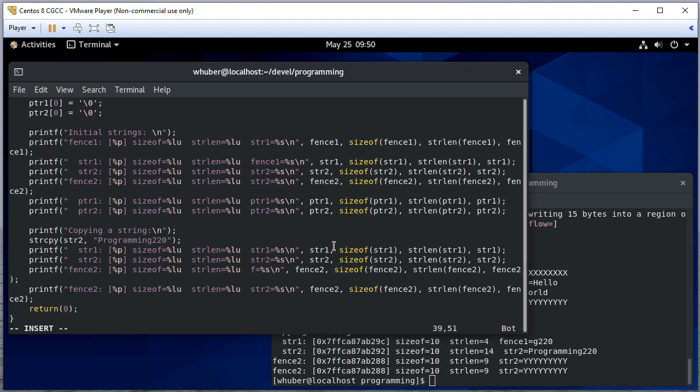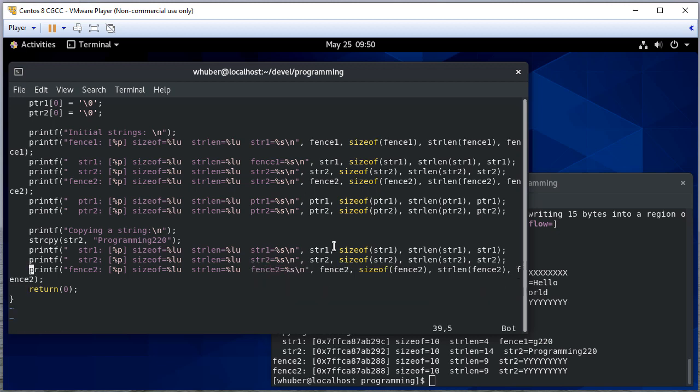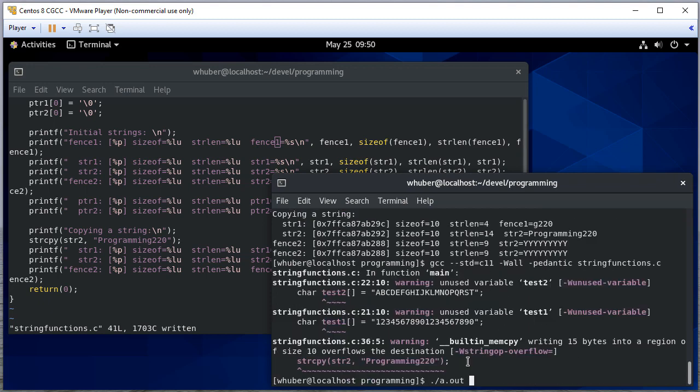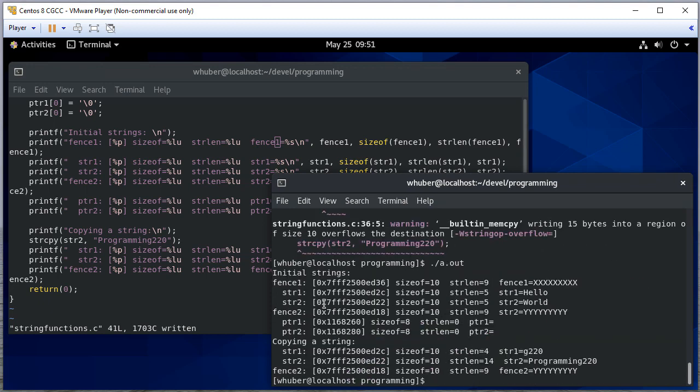Let's see. And I don't want that one. So let me make sure it's correct up here as well. Yeah, it looks like I got string 1 and fence 1 mixed up. Okay, so it's an example of how you have to be careful what your output says, because you can put things in the output string that make your output look weird. Okay, so here we didn't print fence 1 in this case, but you'll notice now string 1